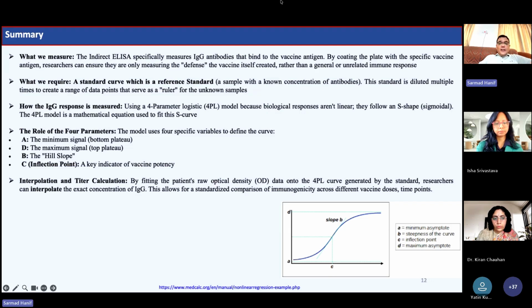If you see here also, this is the lowest part, which is plateaued, not showing any increase. This is the increase, and this is again the plateau. And these are A, B, C, D. I have sent the presentation to Dr. Isha. If you want, you can have this presentation, and if you have any other questions, you're most welcome. A is basically the lowest part, which is known as the minimum asymptote. B is the slope. C is